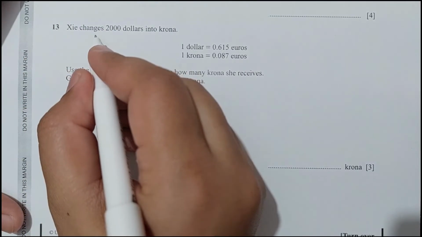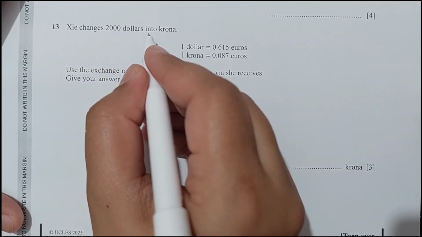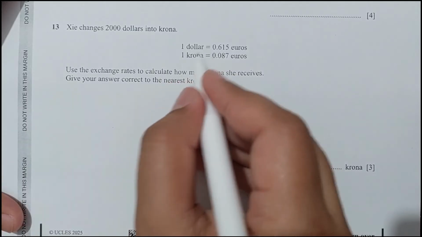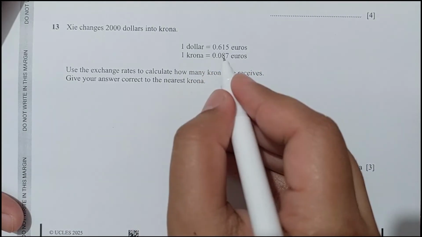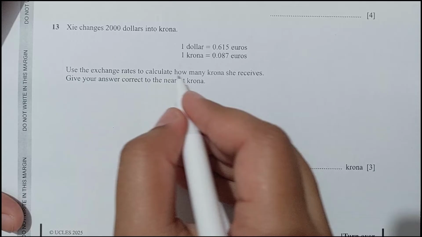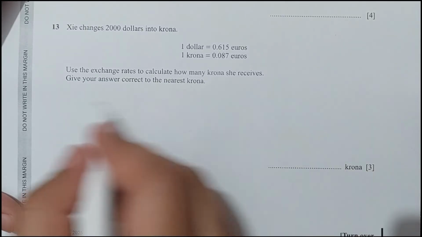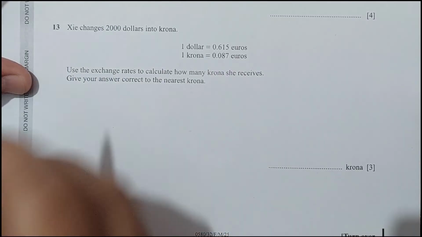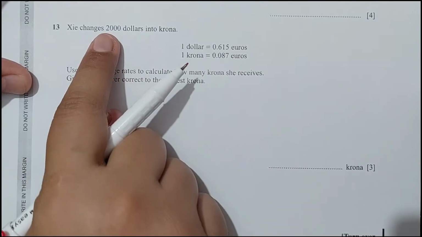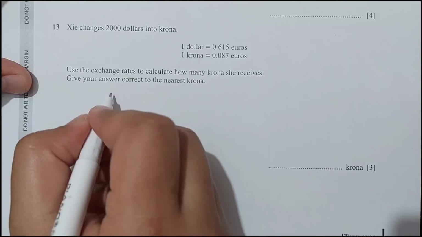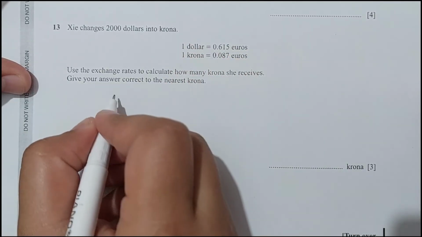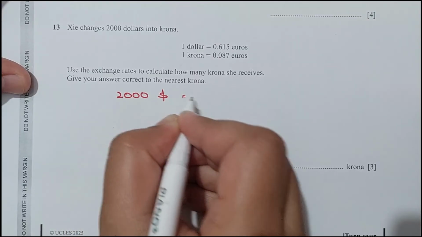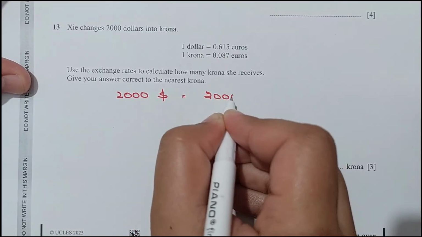Question number 13: she changes $2,000 into krona. $1 into euros and 1 krona into euros. Use the exchange rates to calculate how many kronas she receives. Give your answer correct to the nearest krona. Now dollars converting to krona. $1 is this many euros. So what about $2,000? $2,000 is 2000 multiplied